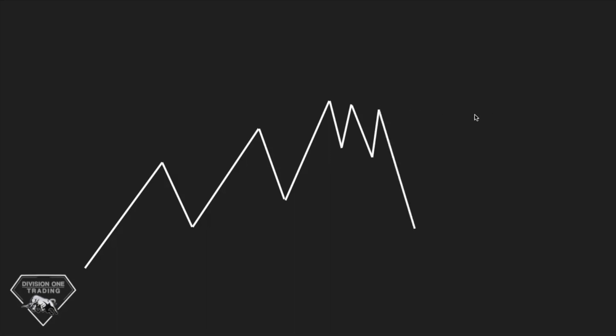So now price breaks down. Let's go through that market structure again. We had the low and the high, the original range. Then right here, a higher low. Then right here, a higher high, another higher low, higher high, and then right here we had another higher low, but then this